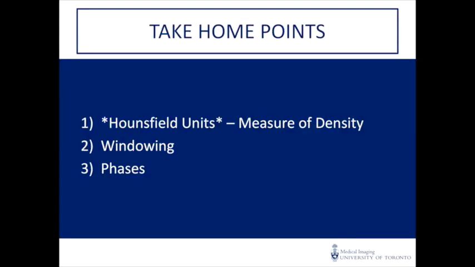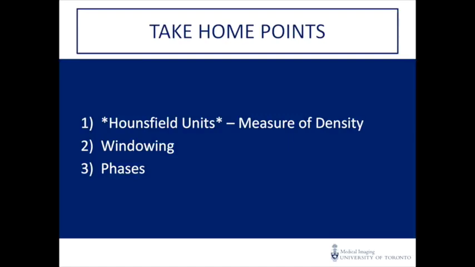Okay, so take home points. If you take away anything from this talk, it should be the following. 1. Remember your densities. So the Hounsfield unit scale is something that will come up again and again. So knowing it and knowing its applications is key. A negative 1,000 is air, 0 is water, positive 1,000 is bone and metal, fat is around negative 100, soft tissues are around